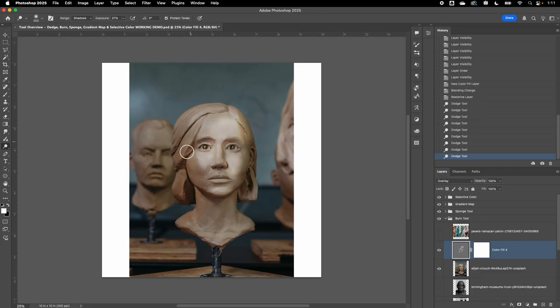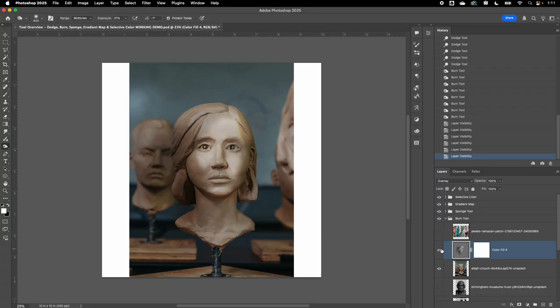Going to paint with, whoops, I actually have to change over to burn tool, otherwise it won't do much. We'll up the exposure on that burn tool, and then you can see even with a fairly low exposure it's already making shadow shapes dark, and you can see that over here. But this does remain completely